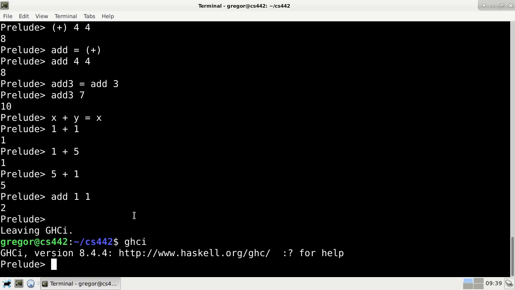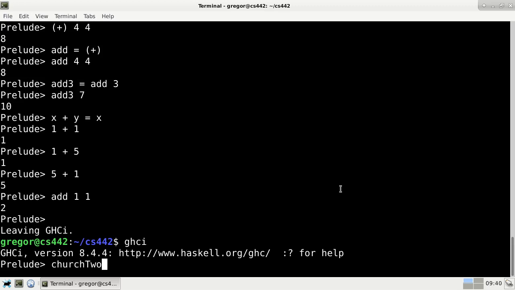In the last video, we only basically used the built-in functions of the language. Oh, sure, we defined our own add, but it was just plus, and we defined our own add3, but it was just add3. Let's define our own functions that are pretty much just our own functions, nothing outside, such as